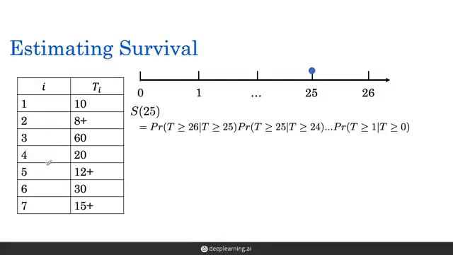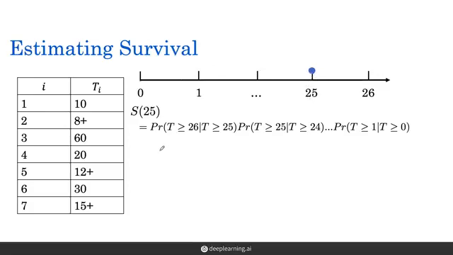So we've represented the survival probability in this following expression that's saying the probability that I survive to 25 is a product of a bunch of probabilities, which says if I get to 25, what is the probability I get to 26? Multiply that by what's the probability I get to 25 given I get to 24, so on and so forth until we get to the start of time where we're asking the question, if we survive 0, what is the probability that we survive 1? And so we're making these little steps on this timeline to get up to the survival probability we care about here,